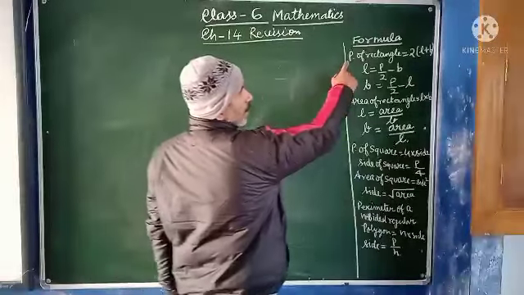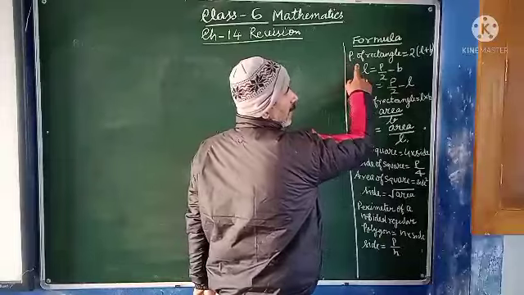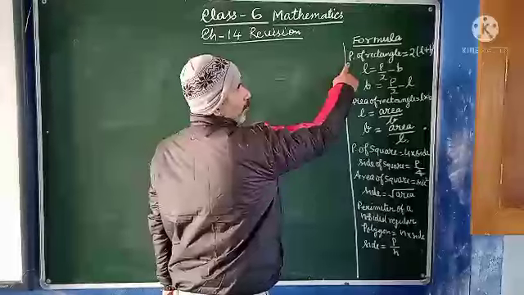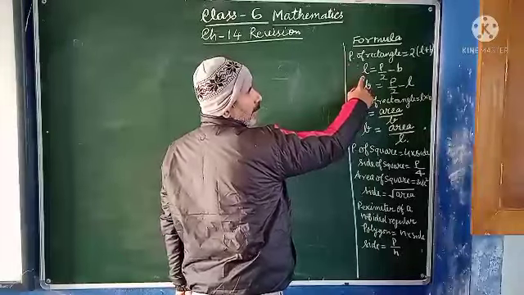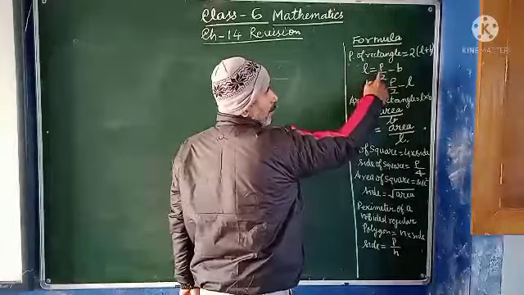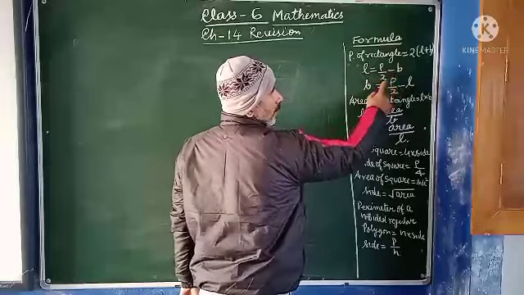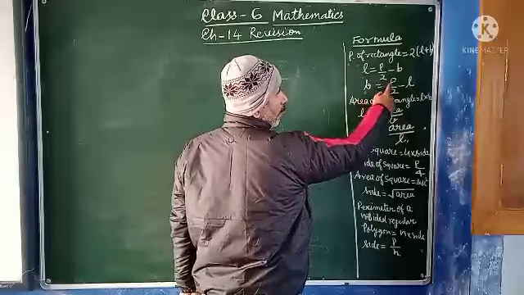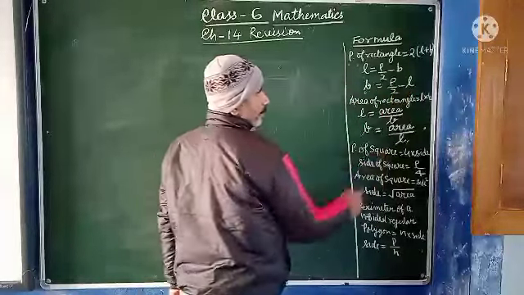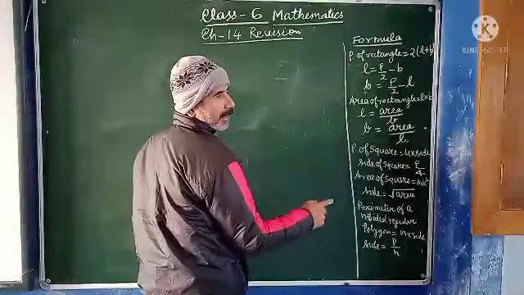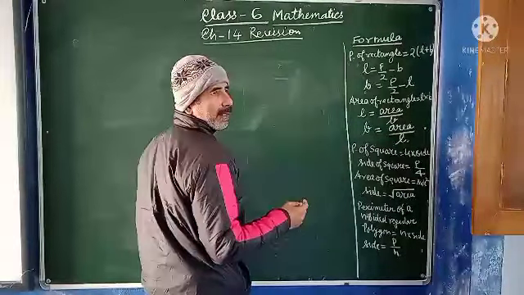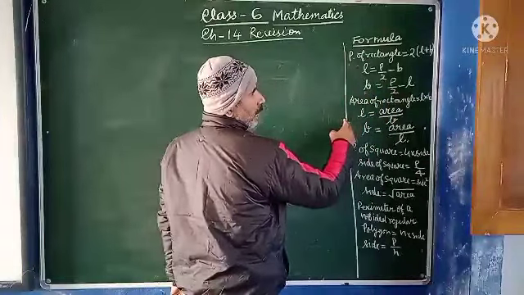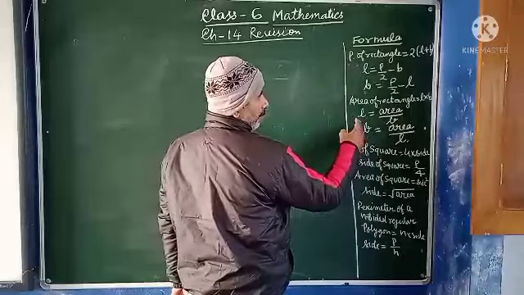First, perimeter of a rectangle. Perimeter of rectangle is equal to 2(L plus B). When the perimeter is given, we can calculate the length by using the formula P by 2 minus B. If you want to calculate the breadth, we can use the formula P by 2 minus L. So this is for perimeters. Three variables are there: length, breadth and perimeter. By changing the subject, we can make the formula for length, breadth and perimeter.